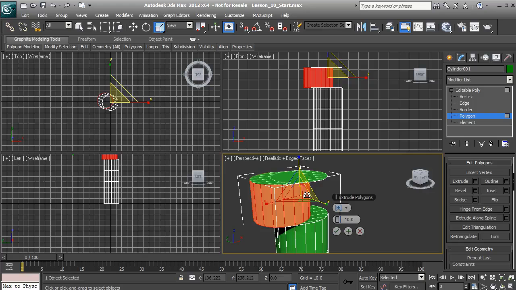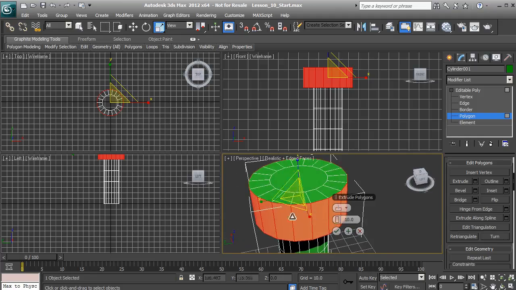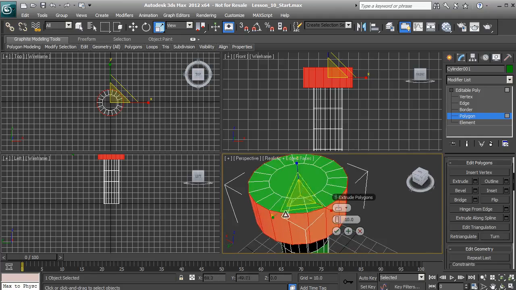So we want to change our extrusion type from group to local normal. And you can just click on this little arrow here and it'll bring up this menu. So let's go to local normal and see what that result looks like. Now it's gone ahead and extruded this out in its own direction, while still keeping the polygons grouped or together